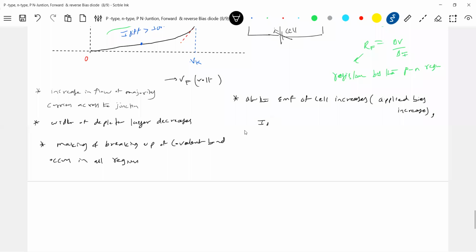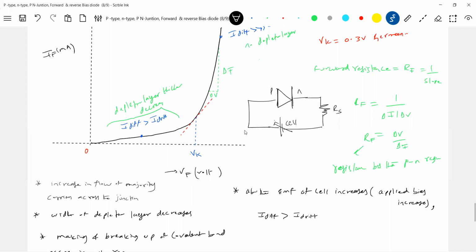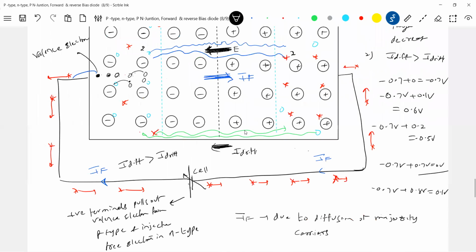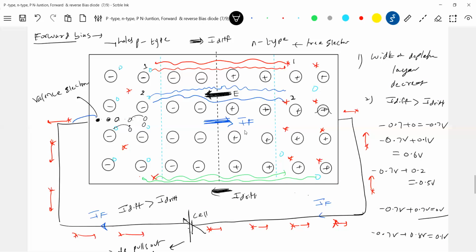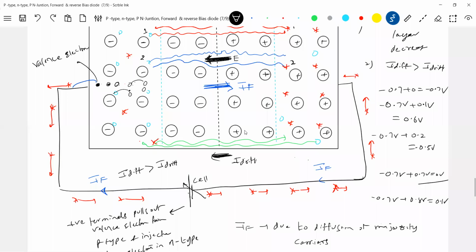The diffusion current will become more than the drift current. These are some very generalized things. So here also recombination will be taking place. Due to recombination, what will happen? Photons will be generated. Heat will be generated, and also when these electrons are moving in the P and N regions, they will encounter collisions and heat will be generated. So that's one overall idea of the basic forward bias.